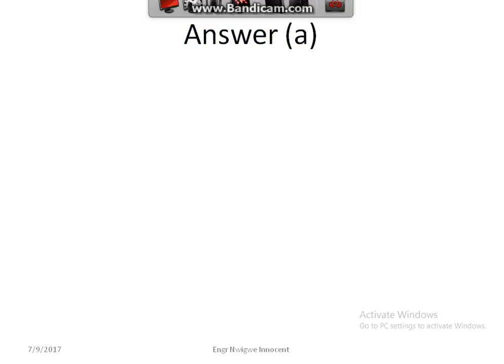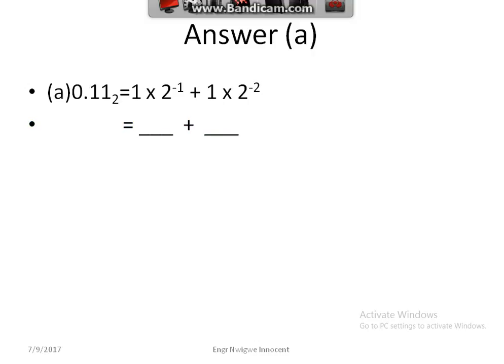Answer A. 0.11 in base 2 is equal to 1 times 2 raised to power minus 1, since it is now in decimal place, plus 1 times 2 raised to power minus 2, which is equal to 1 times 2 raised to power minus 1, which is a half, 1 over 2, plus 1, anything raised to power minus